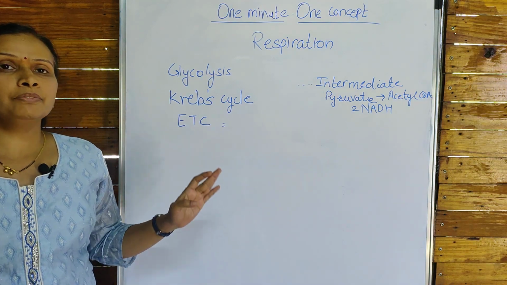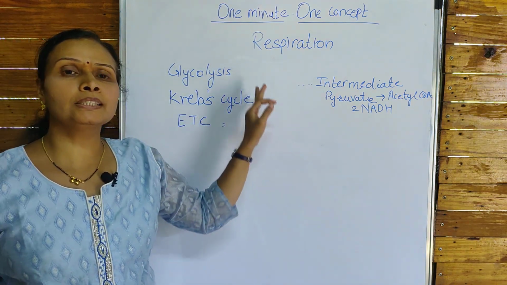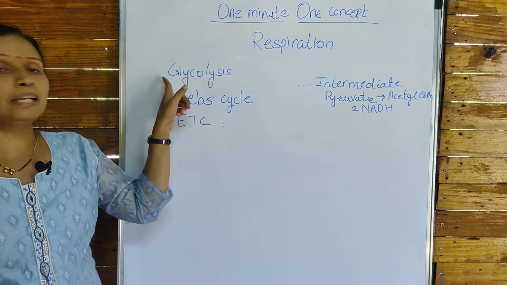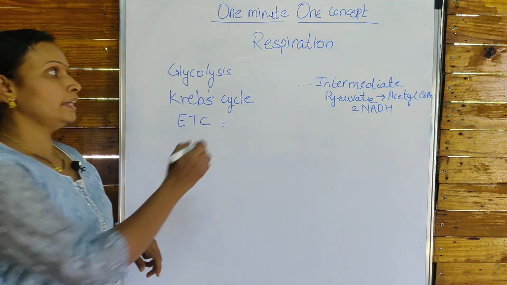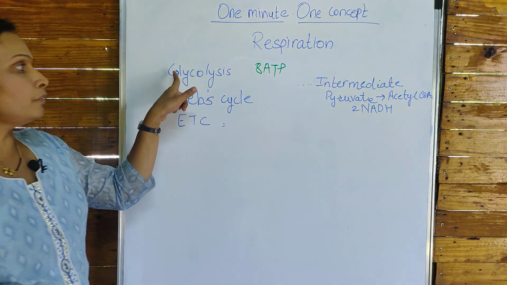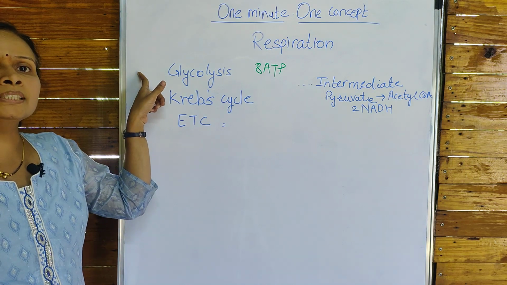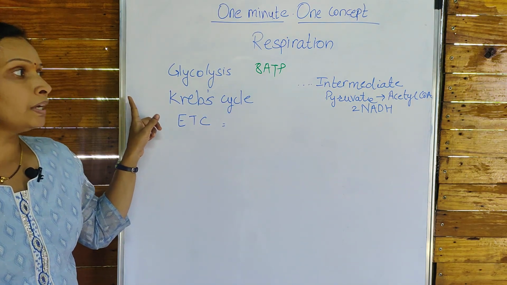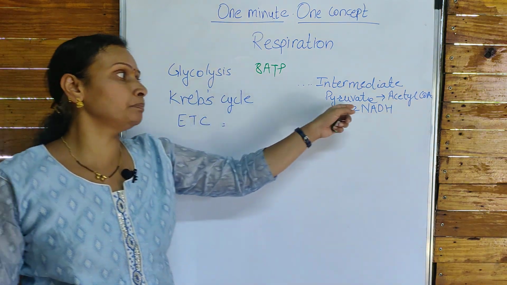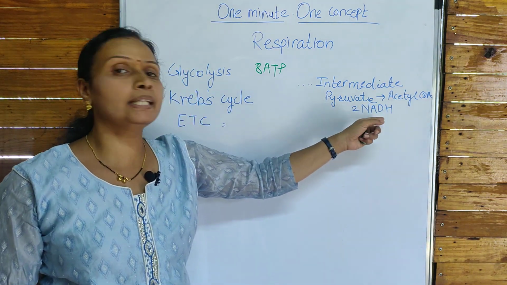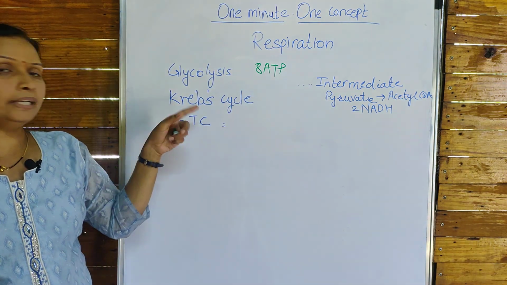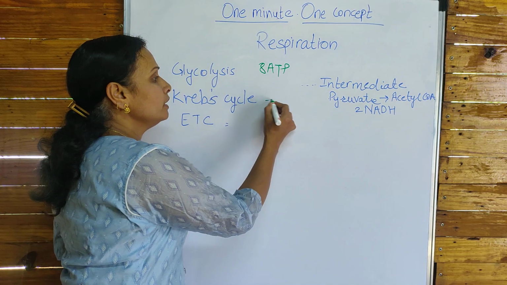In the last 4 sessions we have seen that aerobic cellular respiration takes place in 3 stages. Glycolysis, which yields 8 ATP, converts glucose to pyruvate. Then the intermediate step between glycolysis and the Krebs cycle converts pyruvate to acetyl CoA, which gives us 2 NADH. Now the Krebs cycle gives us 24 ATP,